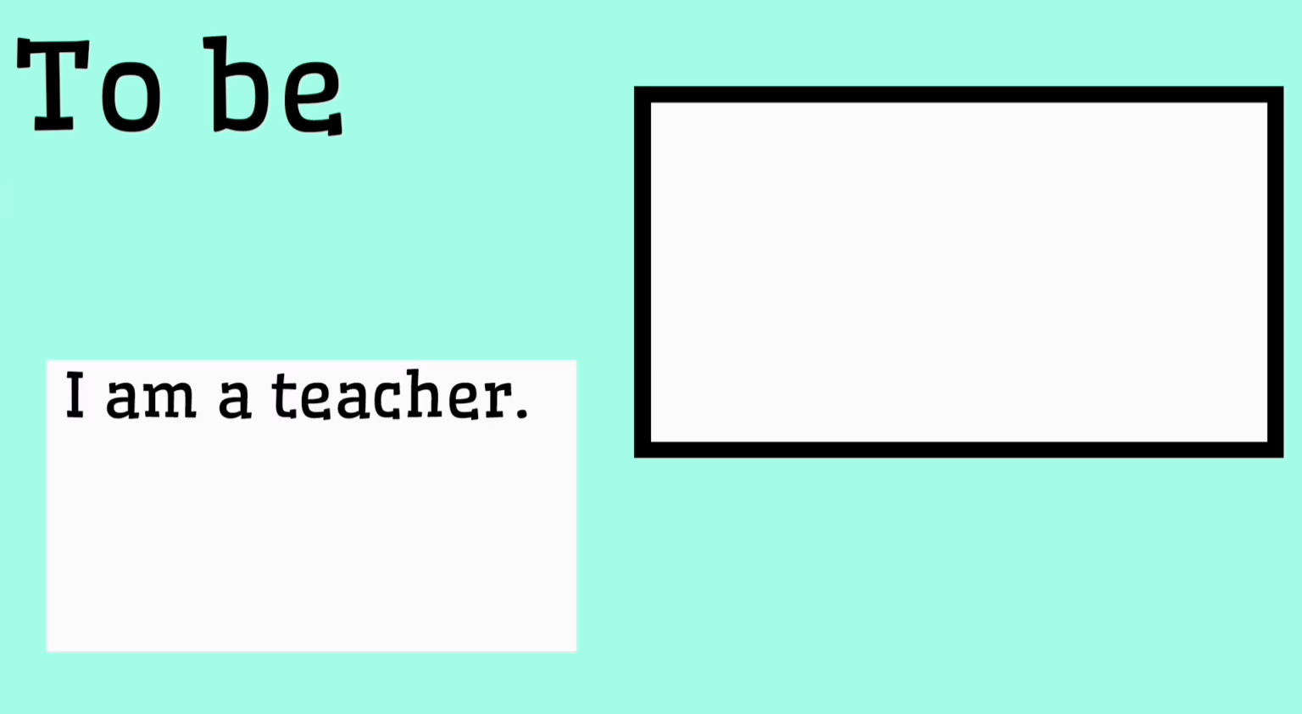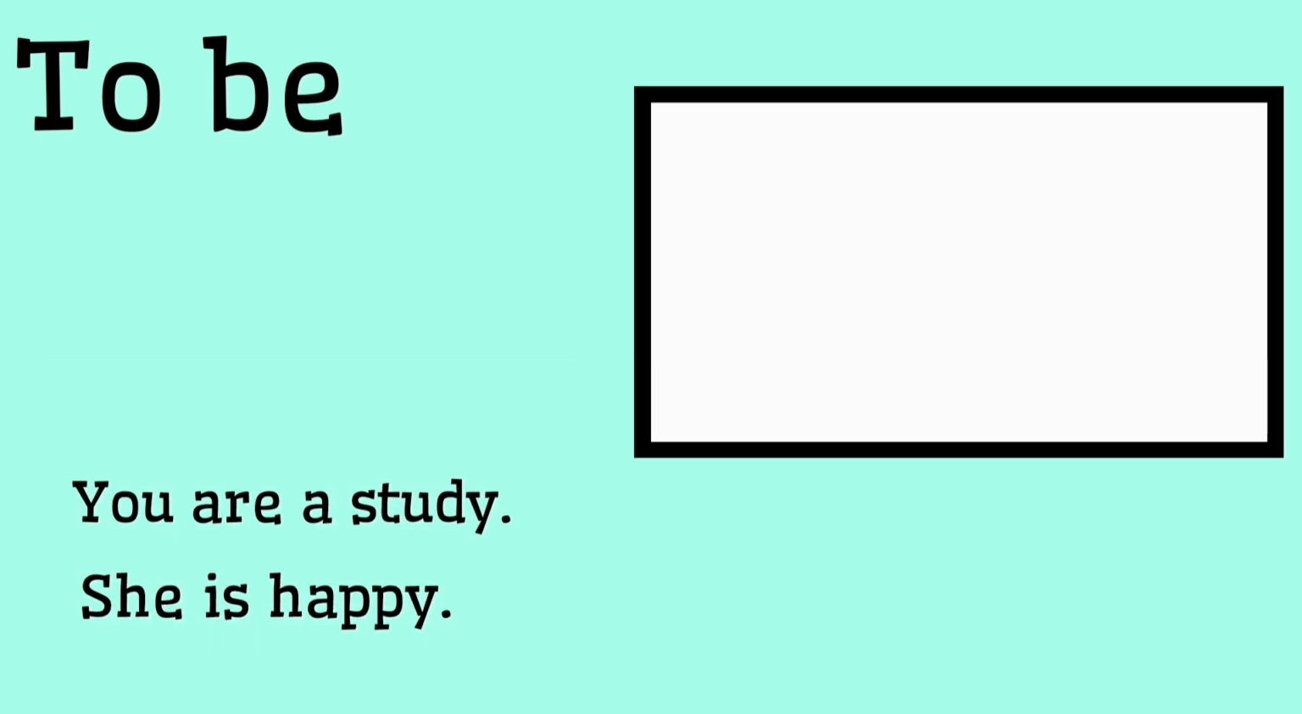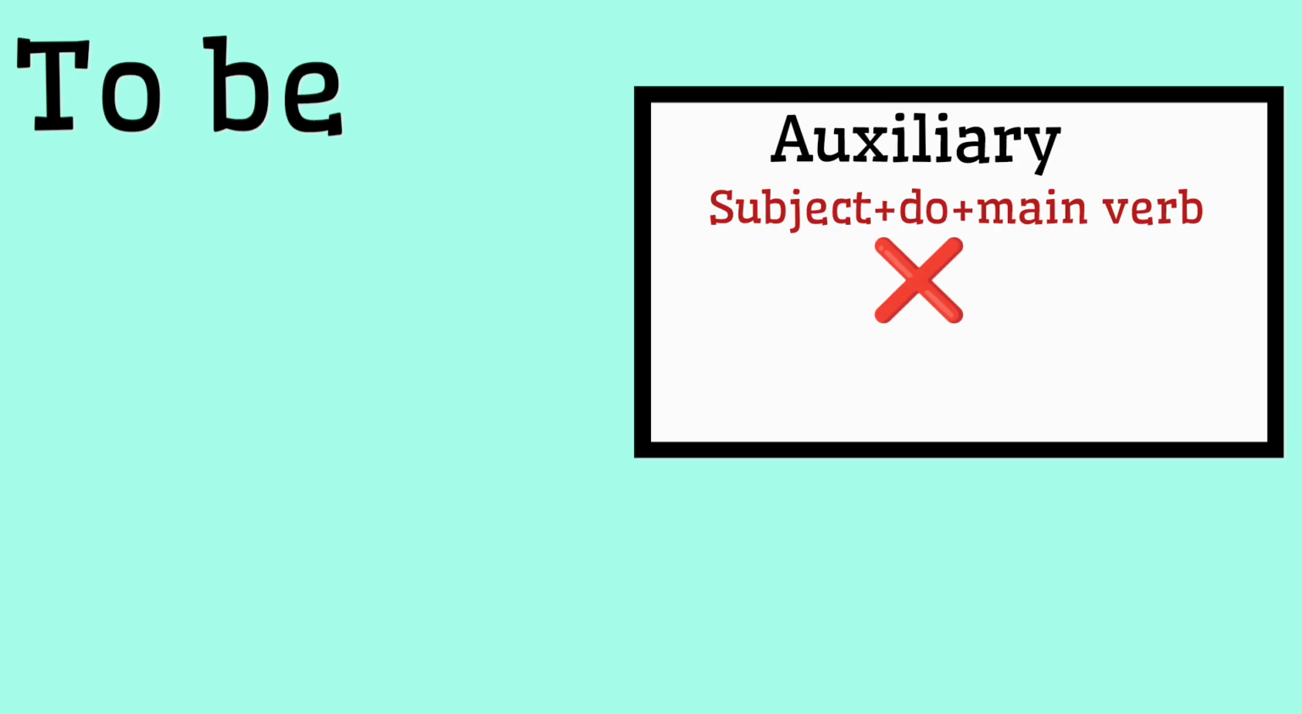Using the verb to be is not quite as simple as these. Just look at these positive sentence examples. I'm a teacher. You are a student. She is happy. When we're using the verb to be, we don't add the auxiliary verb do within the negative